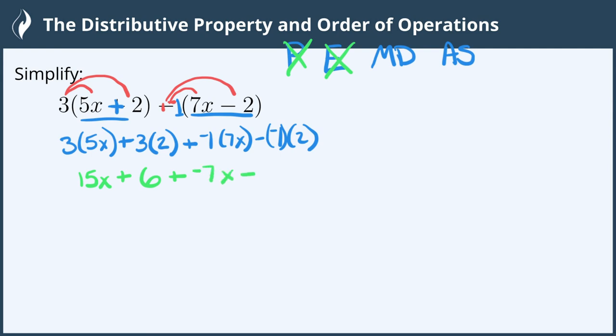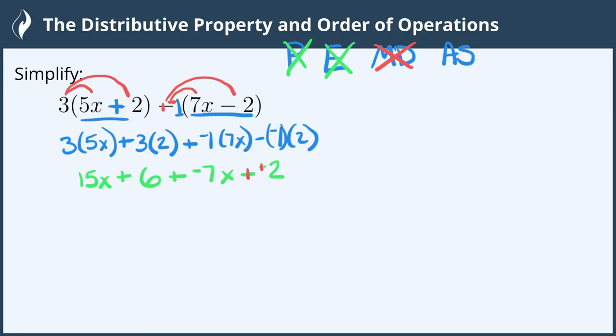Then minus negative 1 times 2 is negative 2. And you can see this is a negative times a negative, which is positive. Or you can say add the opposite. Now that we have all of these multiplied together, we can move to the next step, which is adding and